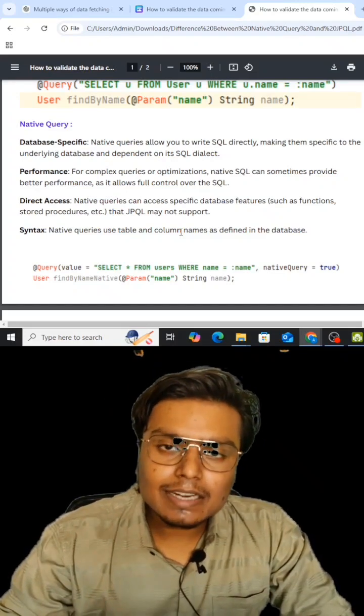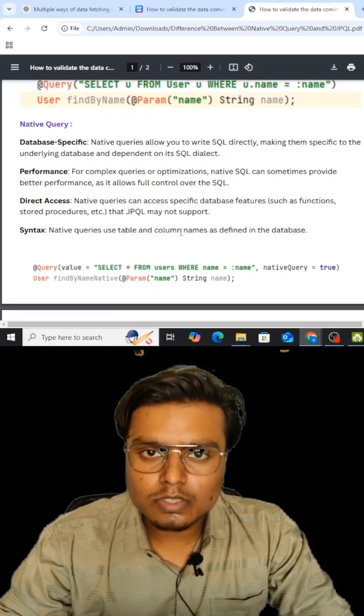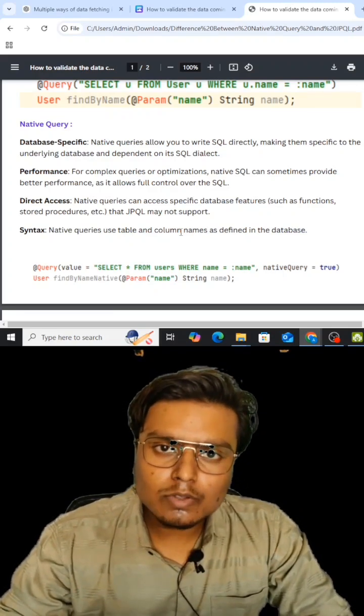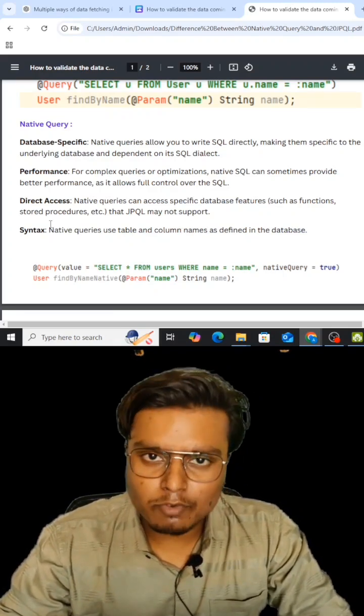Apart from that, there are certain database features like functions, stored procedures or unions which are not available in JPQL. So in case you are interested in using these features, I recommend you to use a native query. Okay, so